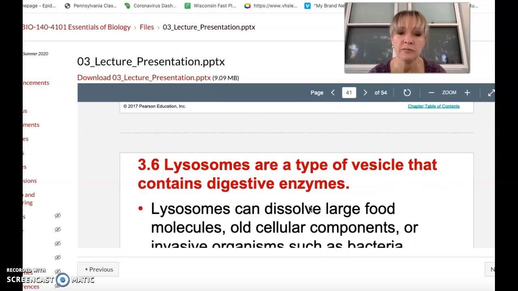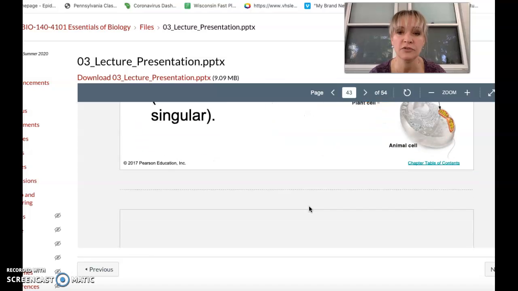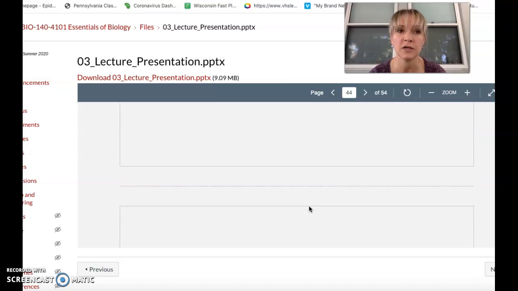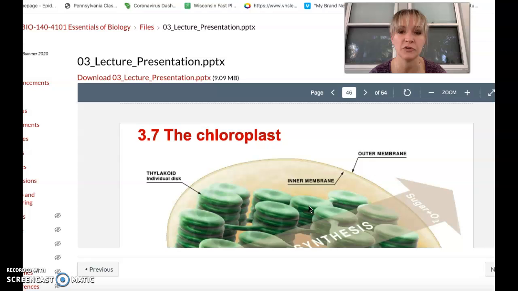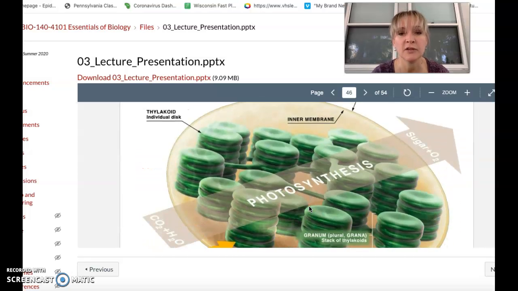I believe there's one more thing to talk about in this chapter. Again, going through your organelles, I think the chapter does a good job of showing you these organelles. Here is a chloroplast, and remember that's only in plant cells, it helps the plant make food. And the chloroplast is like a solar panel. What happens is these are on the very green side of leaves, not the underside where it's lighter green, the dark green. And when sun hits this, it's like a pinball machine, and the rays from the sun